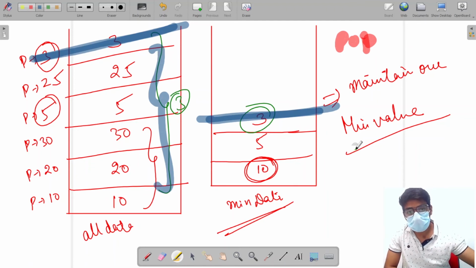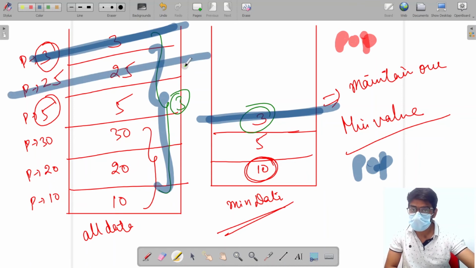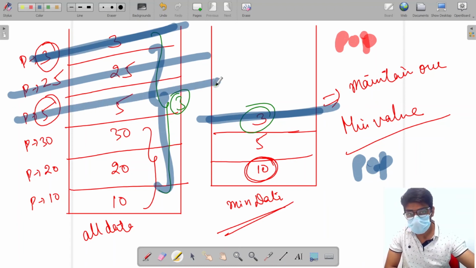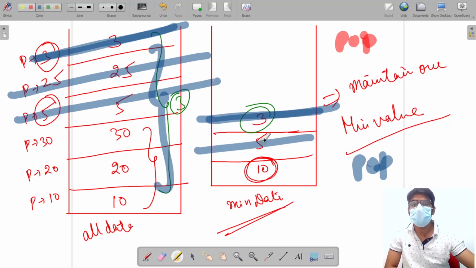And again I'm going to do the pop operation. What will happen? We will pop it from here only, because now it is not our minimum value. Again I'm going to pop it. It will pop from here and here also, because now the removed value is equal to the min data top value, so our min value is going to change. That's why we have also popped it from this stack.